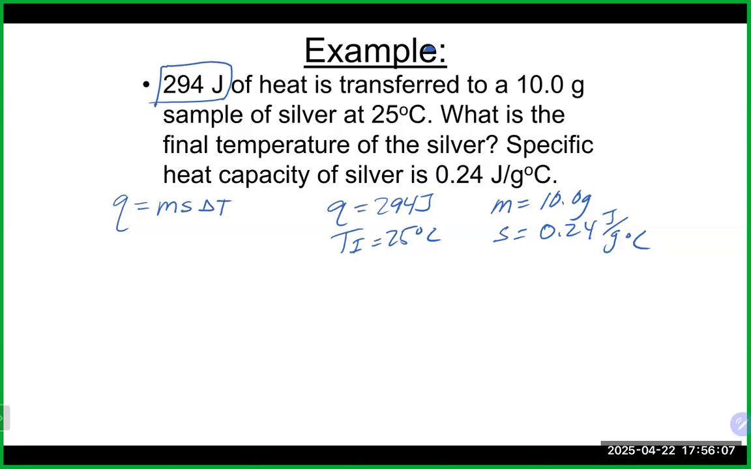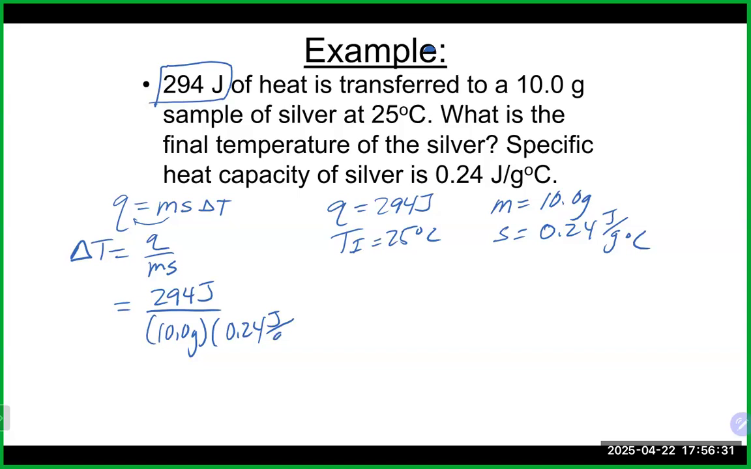All right, so I'm just going to solve for the change in temperature here. If we divide these to the other side, change in temperature is Q divided by ms. Putting that in there, 294 joules divided by our mass, which is 10 grams, times our specific heat capacity, joules per gram per degree Celsius. Joules are going to cancel, grams are going to cancel, and temperature will come to the top. 294 divided by 10 and divided by 0.24 is going to get us